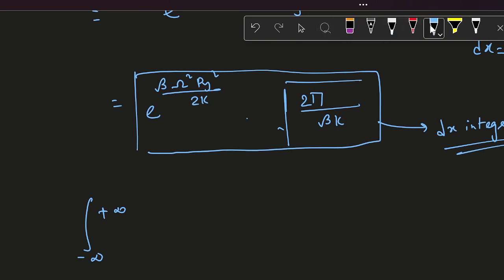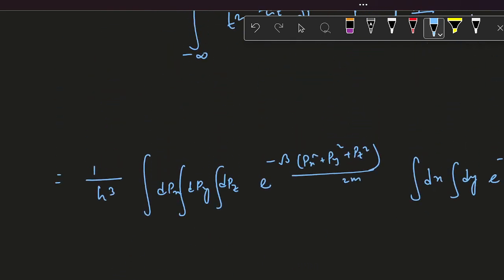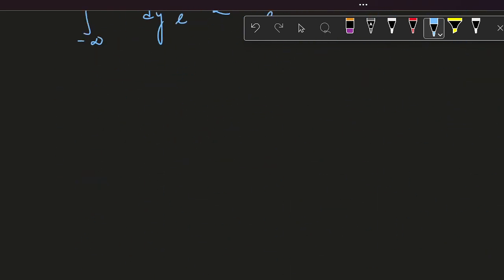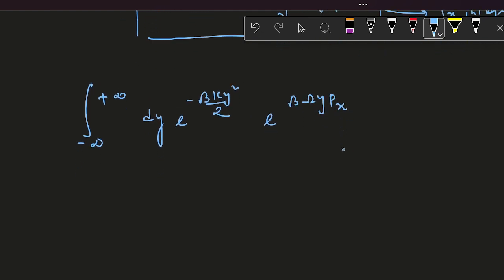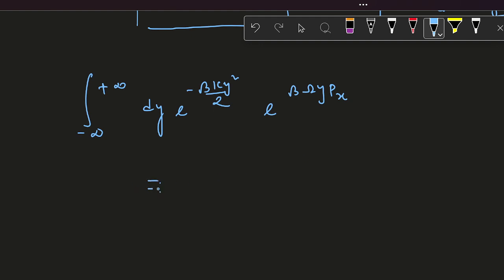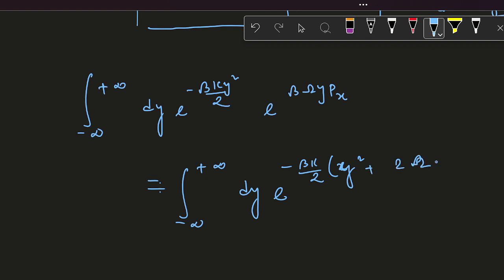Now the terms are dy e to the power of minus beta k y squared by 2, and then e to the power of, this was a minus and minus, this makes it plus, e to the power plus beta y px. So it is e to the power plus beta omega y px. Again you can reduce it to a Gaussian form, and to do that you just have to take the same kind of formula and take it in a whole square format. So this is your minus beta k by 2 y squared plus 2 omega